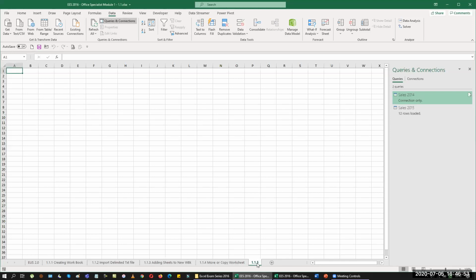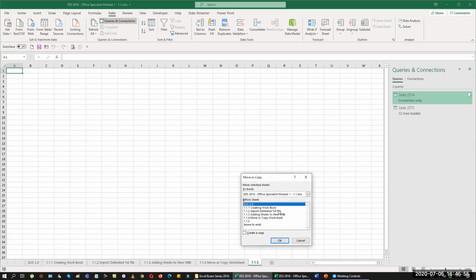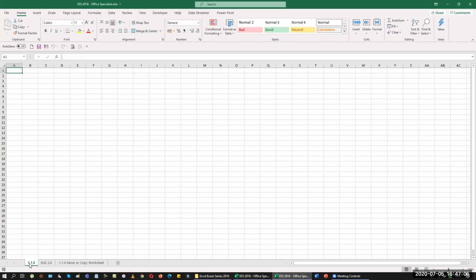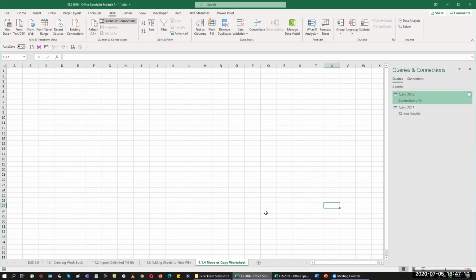So if I want to move this sheet to that point, then I'm going to just say Move. And I'll select the workbook where I want to move it. I'm going to just click OK, not creating a copy of it, so that this sheet will be moved to that workbook. So now this is moved to the next workbook. This is not anymore available in my previous workbook where I created my sheets earlier and moved it out.